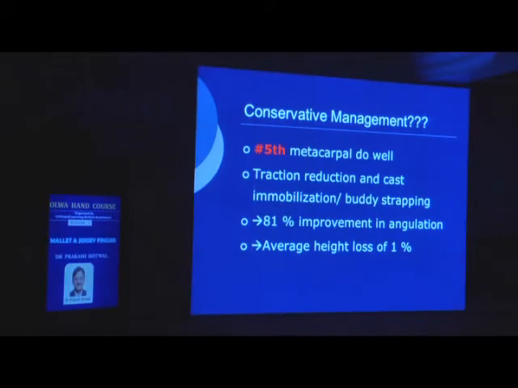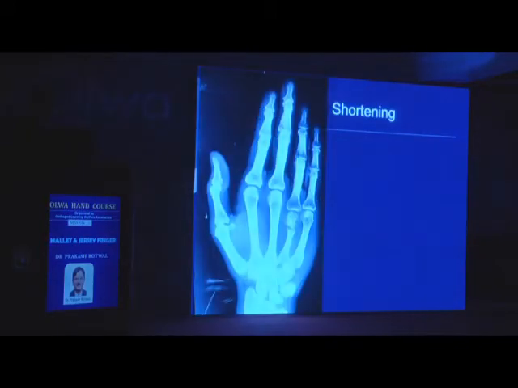As I told you, fractures of the fifth metacarpal do very well with conservative management. That's the boxer's fracture. You can treat them conservatively with any method, with a ball and bandage, with an ulnar gutter splint, or even you can use K-wire, Perkin's K-wire fixation, and they will do very well. And you can accept up to 25 to 30 degrees of angulation, as I told you, and they will do well.